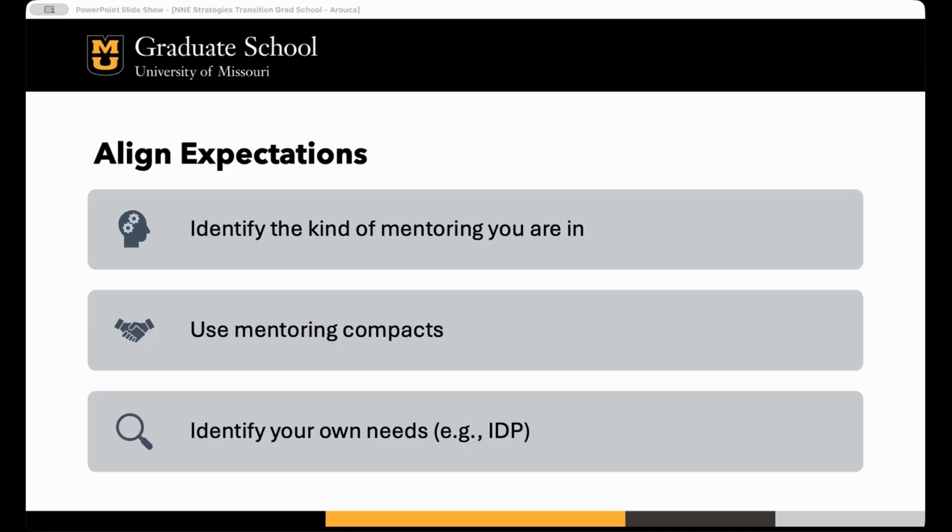And the last thing that goes along is identifying what your needs are. Sometimes they'll have an individual development plan. Sometimes there are assessments that you can take at a career center, or there is one at Imagine PhD where you can create a free account and take some of the assessments to identify what you need, what you value, how you see your career unfolding. What do you need to develop yourself to gain skills and knowledge as you move forward? Once you know that, you can ask people for support. So it requires you to do a little bit more of the work yourself, right?